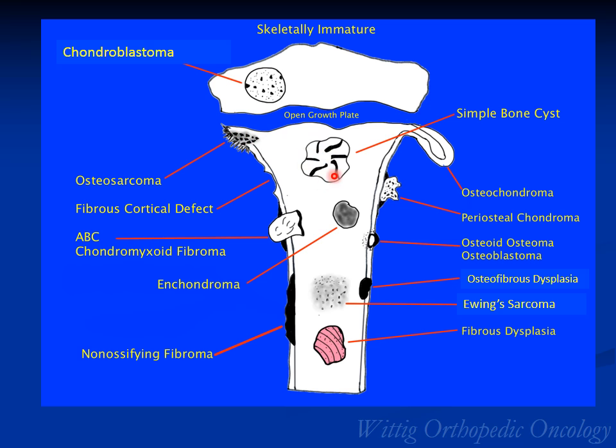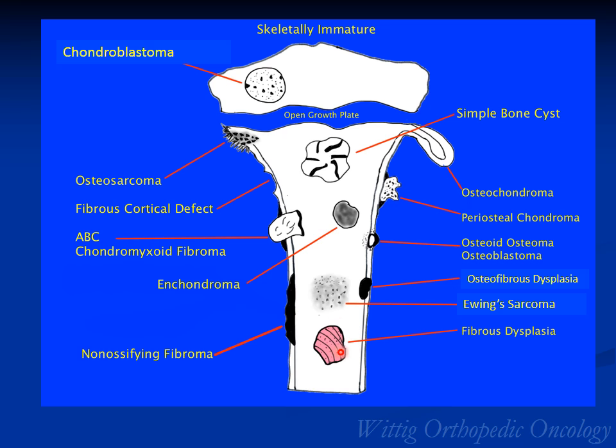Simple bone cysts occur centrally, distal to the growth plate. Osteochondromas arise from the periphery of the bone, the surface lesion of bone from the area around the growth plate. Fibrous cortical defect, aneurysmal bone cyst, chondromyxofibroma, enchondromas which occur centrally, non-ossifying fibromas which arise from the cortex, also extend